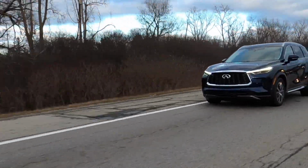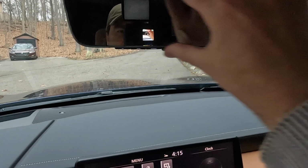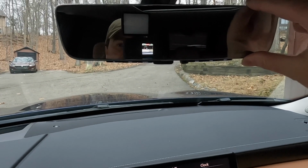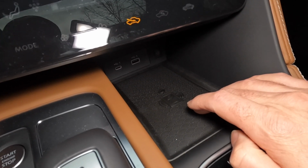This is a 2023 Infiniti QX60. Nissan's premium brand's Nissan Pathfinder-sized midsize SUV that started its second generation for the 2022 model year. For 2023, Infiniti tweaked the rearview mirror, made the wireless charge pad for your smartphone standard across the trims, and